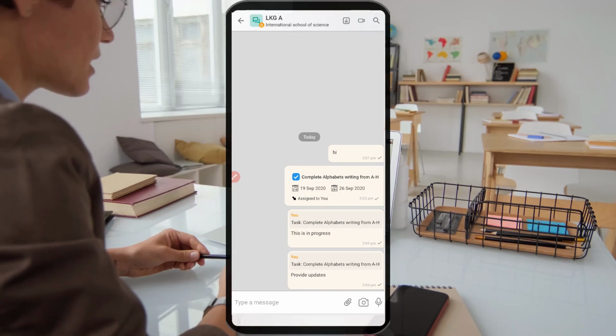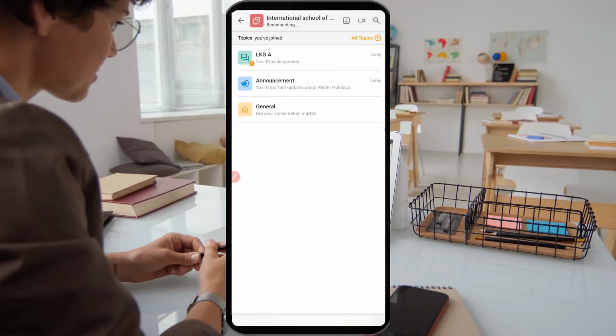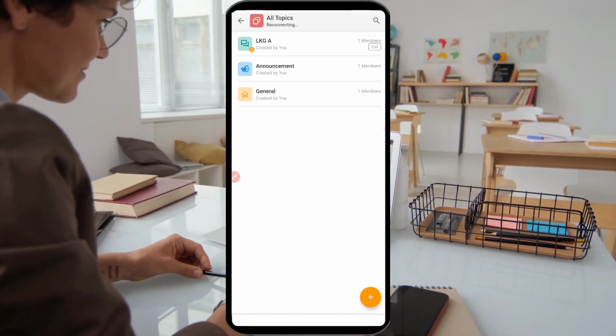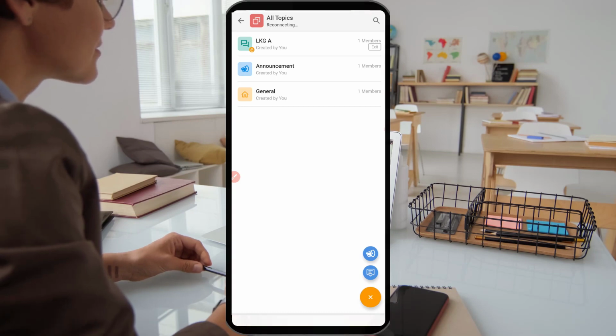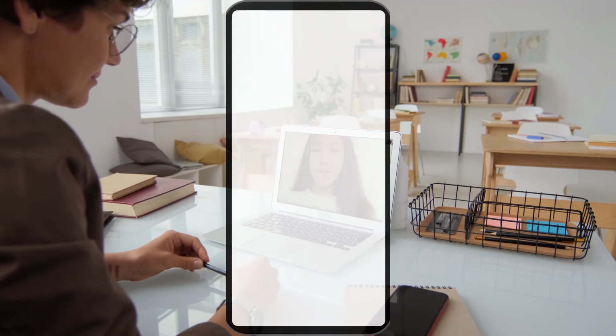This is very useful when you have to search for a particular conversation from all the conversations that are going on within a topic or a queue. Or if a student is searching for any files or assignments within the classes or topics.